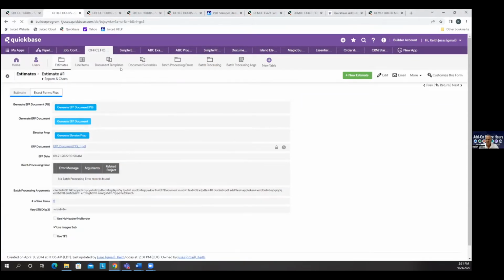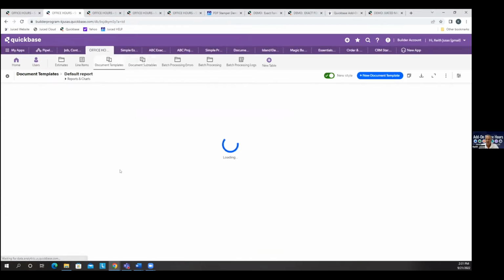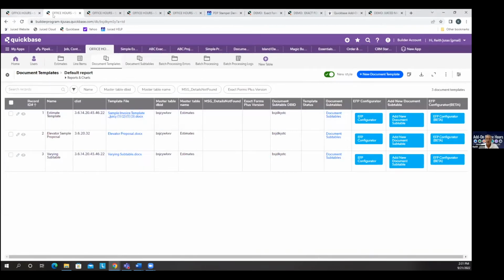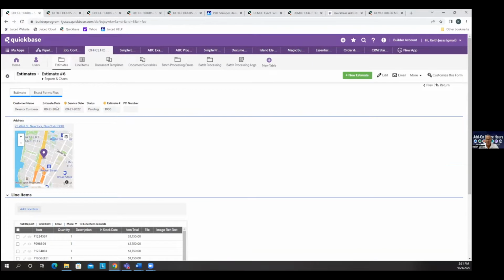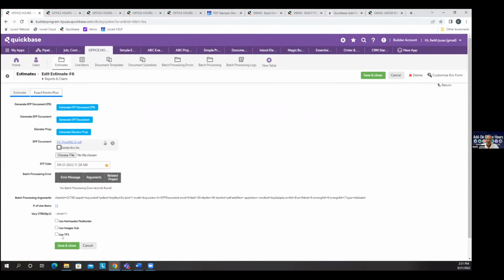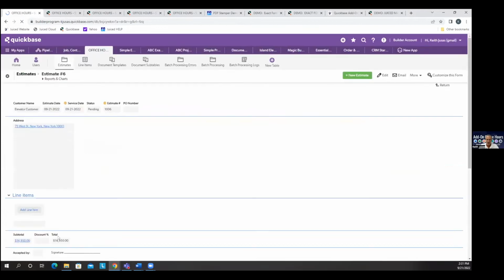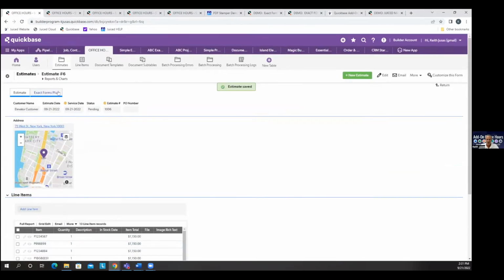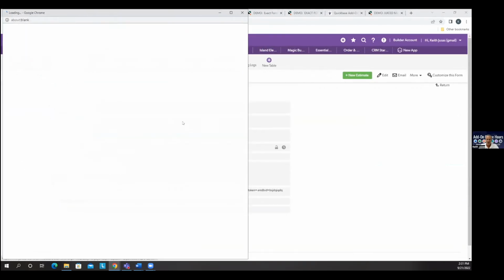Actually, I do want to use template number 3 because that was the one. Yes, I want to use template number 3. So that's another thing you can do with formula fields: you can control the template that's used. In this case, instead of having another button to say use template number 3 or template number 1, I have a button that says use template number 3. So when I click this document button,